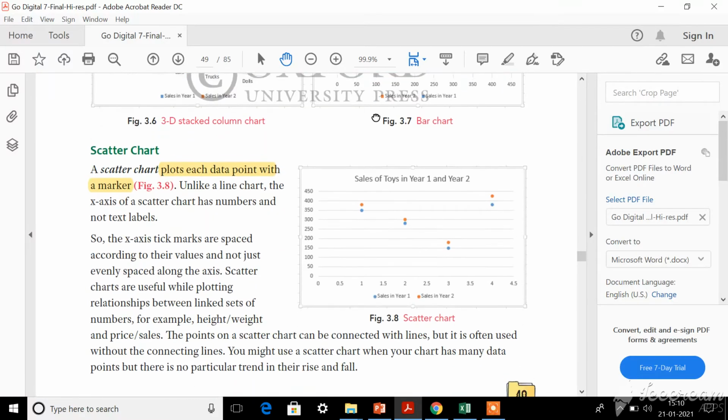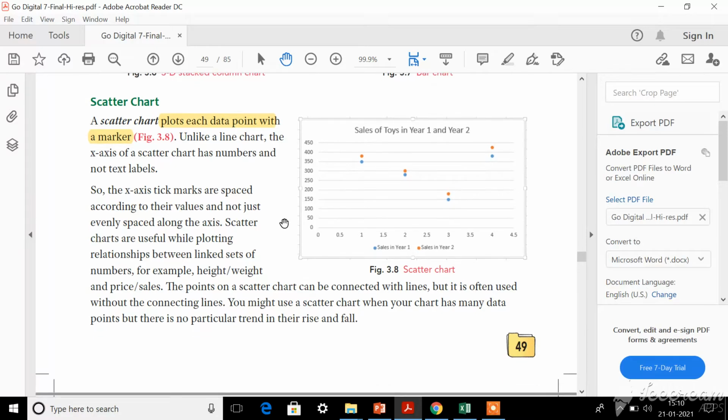This is how other charts would look like, whereas in the scatter chart both x and y axis consist of numerical values,